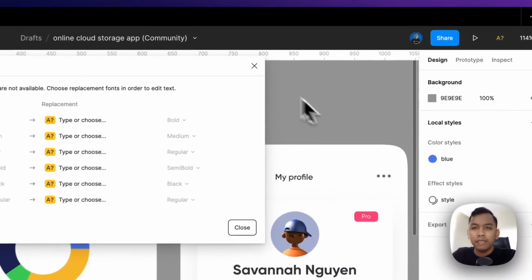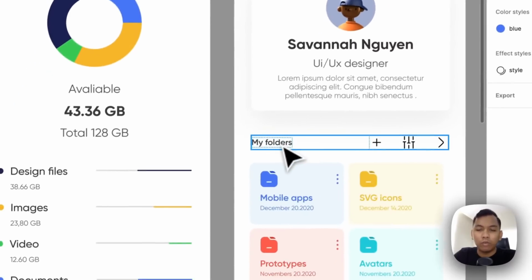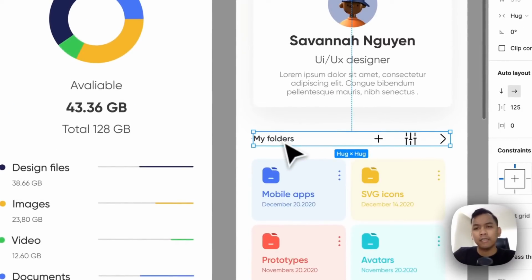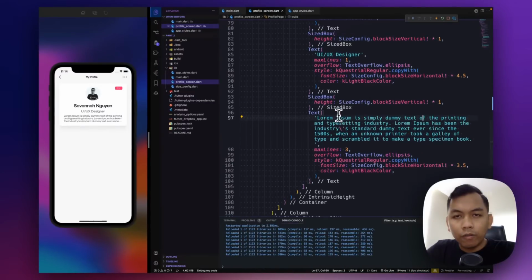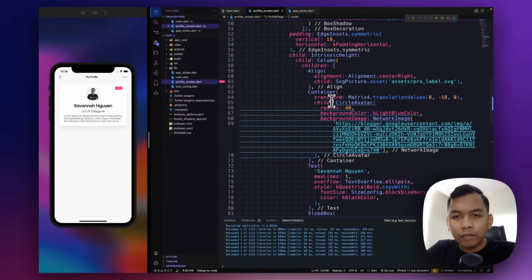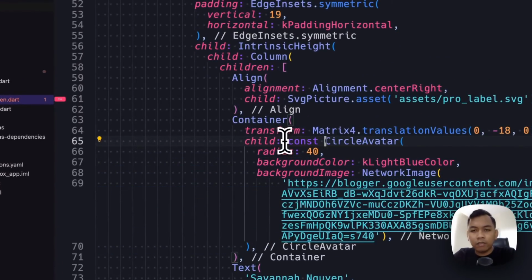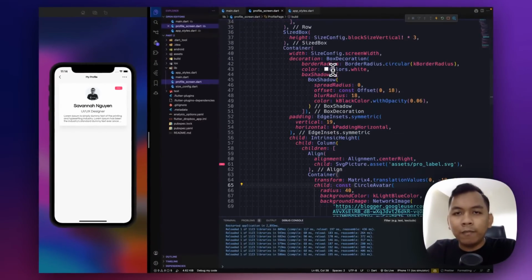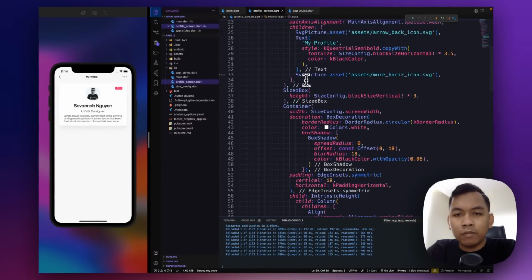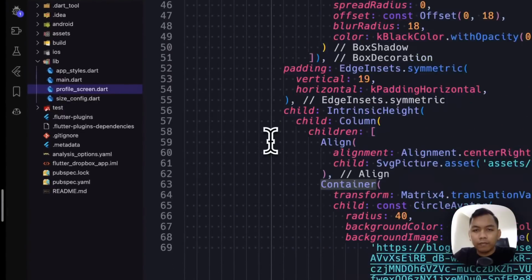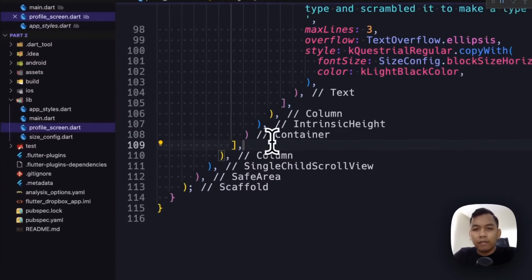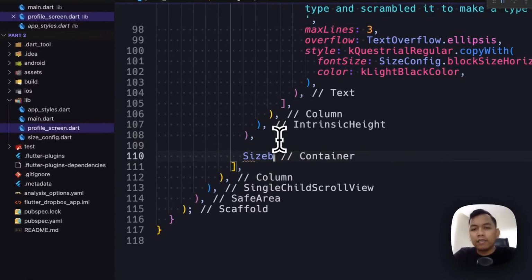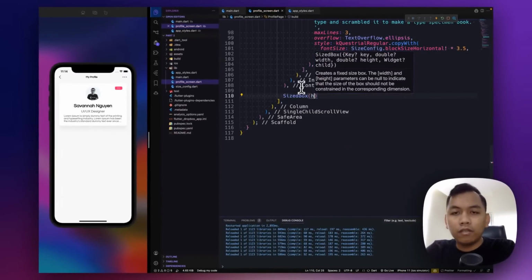So let's jump into another widget, which is below this profile card. All right, and we need to move to another. So it means we need to go out from this container. All right, outside this container at the comma, and call sizebox.